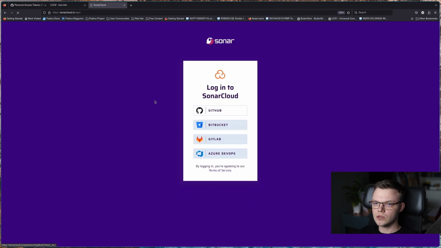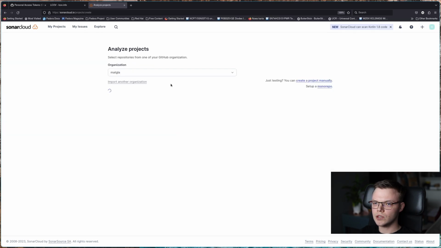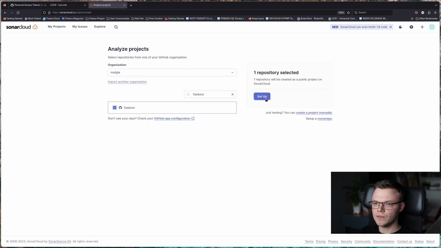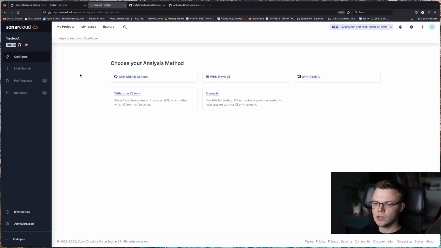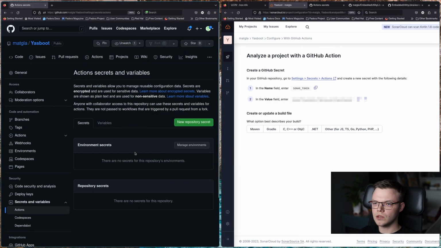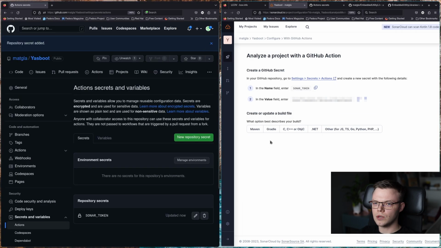Let's open Sonar Cloud and create a new project here. If you have Sonar Cloud integrated with GitHub, you can automatically create a project. After that there is a manual on how to use that tool. So basically we have to pass a token that will allow Sonar Cloud to access GitHub. And there is an example of a workflow on how to use it.